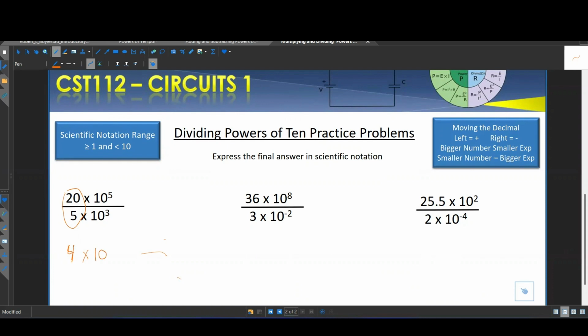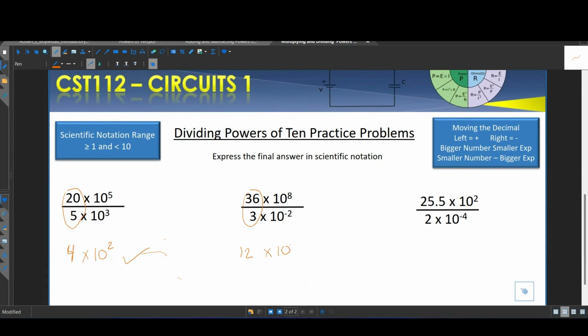times 10. And what you want to do is subtract the exponents. So 5 minus 3 will give you 2. Is this number in scientific notation? Yes, it is. So this one's done. All right, let's take a look at the next one. Go ahead and divide the outside numbers. So 36 divided by 3 will give you 12